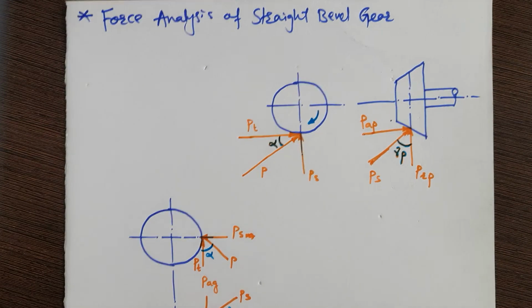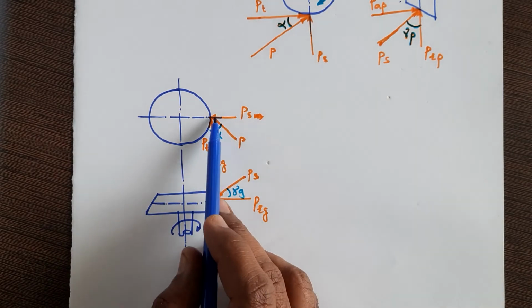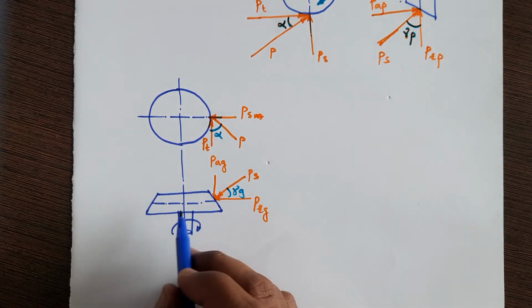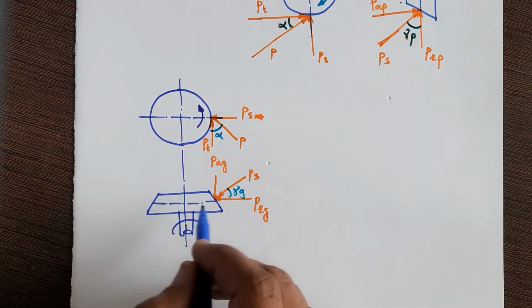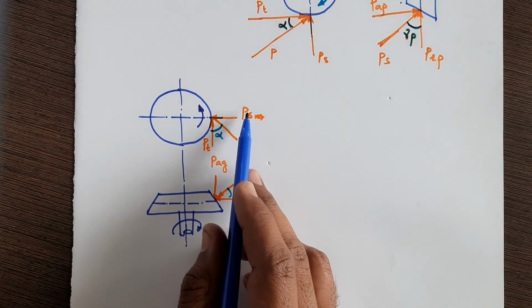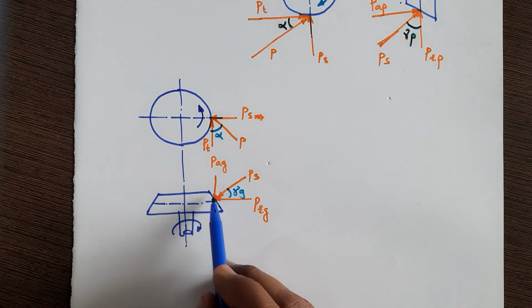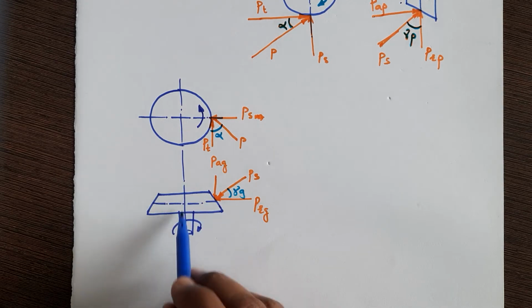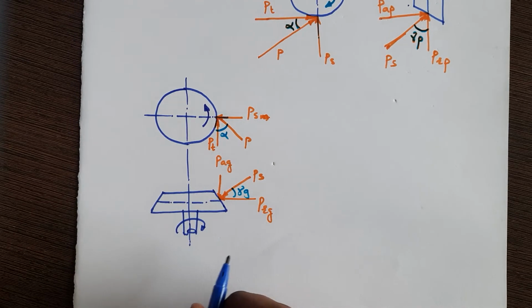Now if you talk about the gear, similarly here P is the resultant force, PS is the separating force and PT is nothing but the tangential component. In this case the tangential component assists the rotation, means here the direction of rotation will be like this. On the driven member it assists the rotation. Now the separating force is again resolved in two components. One is axial force on gear, second one is radial force on gear. Radial force will act towards the center, axial force will act along the axis of the shaft. So in this way these are the different forces acting on bevel gear.